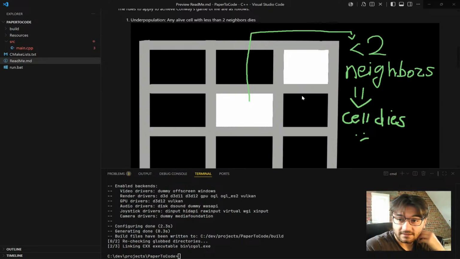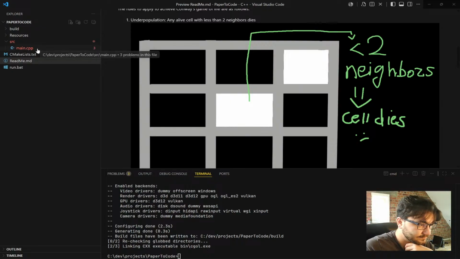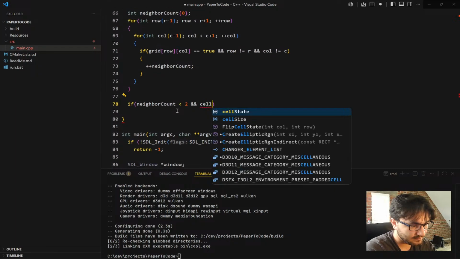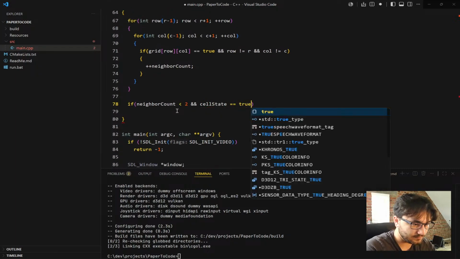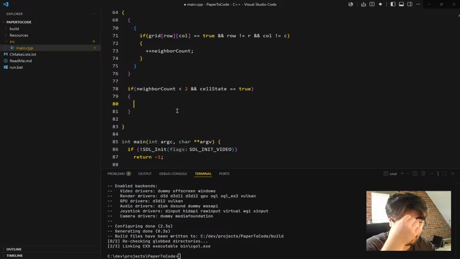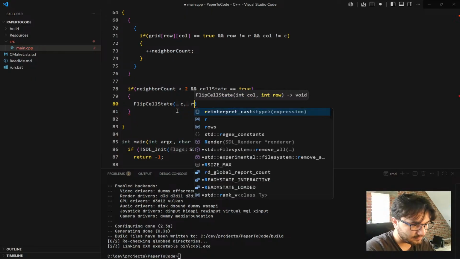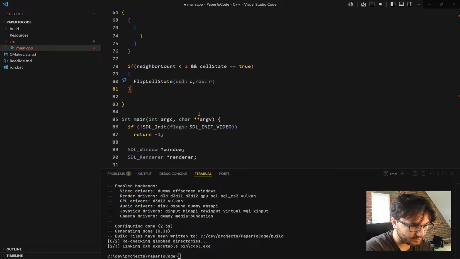Okay, if it's less than 2, if neighbor count is less than 2, and cell states equals true, if we are alive, we flip cell states at C, R. Not sure why I went with the whole row there, but